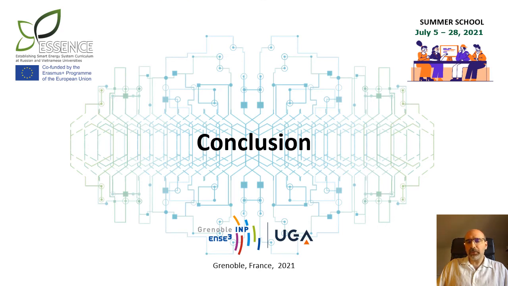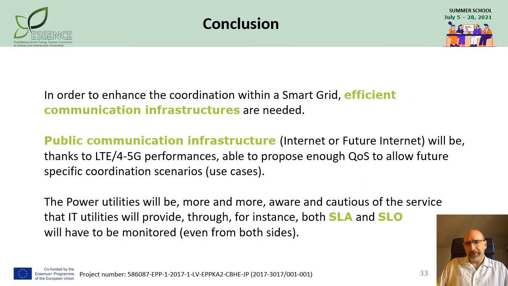Let's now jump to the conclusion of my presentation. So, in order to enhance coordination within a smart grid, in fact, you need to have efficient communication infrastructures. And clearly, public communication infrastructure, such as Internet or future Internet, will be, thanks to some new generation of communication, 4G, 5G, they will be able to propose enough quality of service to allow future specific coordination scenarios. And power utilities will be more and more aware and cautious of the service that information technology utilities will provide,